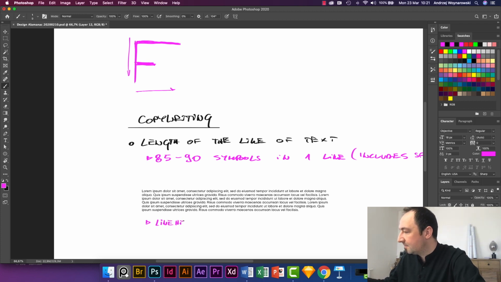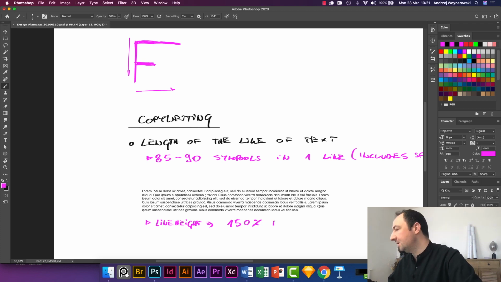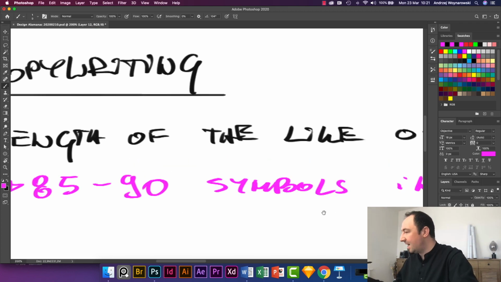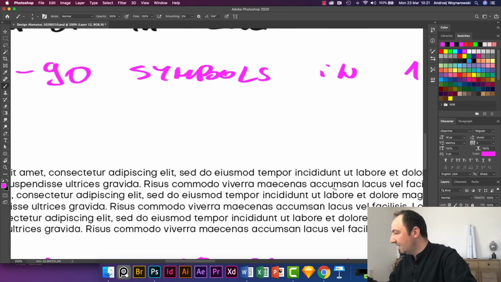Line height. That would be 150% of the font height, or the X height, if you like. Some people call it the font height, some people call it X height. The X height is the actual distance of the font itself,